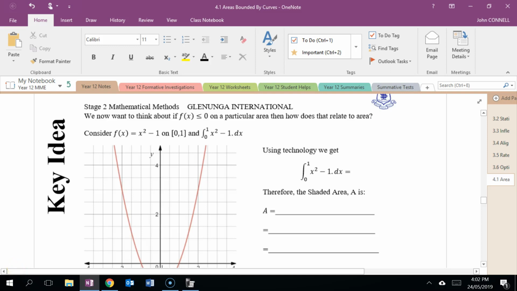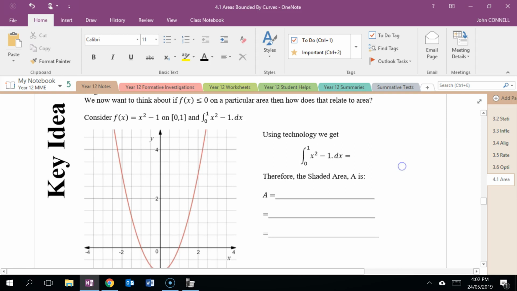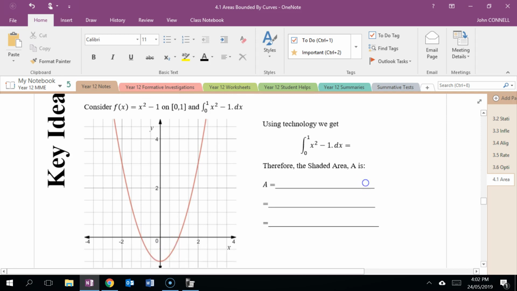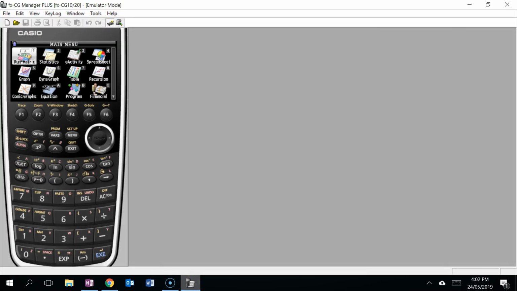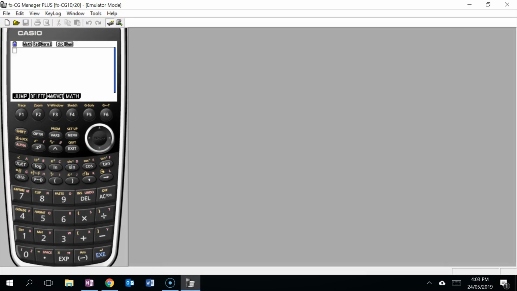Hi everybody, now we want to think about when the area is below the x-axis, what does that mean for what we're doing? And so if we consider this function x squared take 1 between 0 and 1, we can see that the area that we're looking at between the x-axis and the curve is below the x-axis. So if we come across to our graphics calculator and then we go through the process of finding the definite